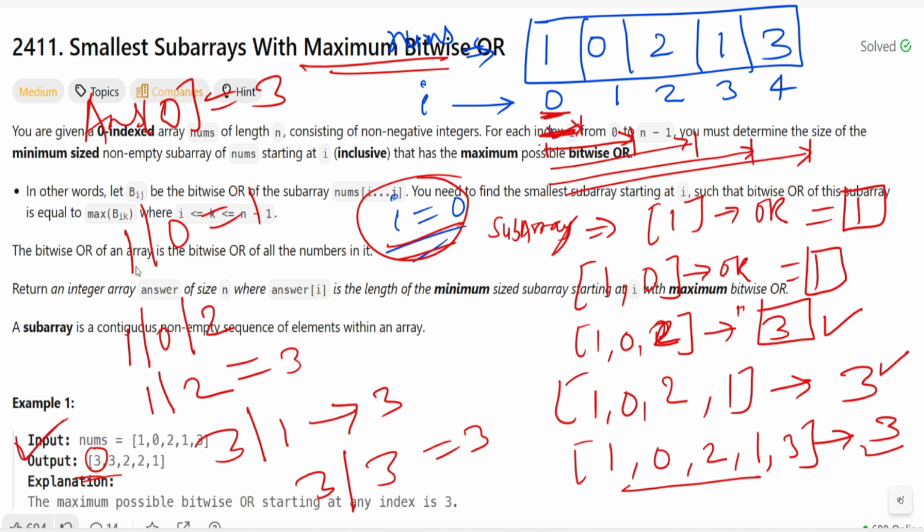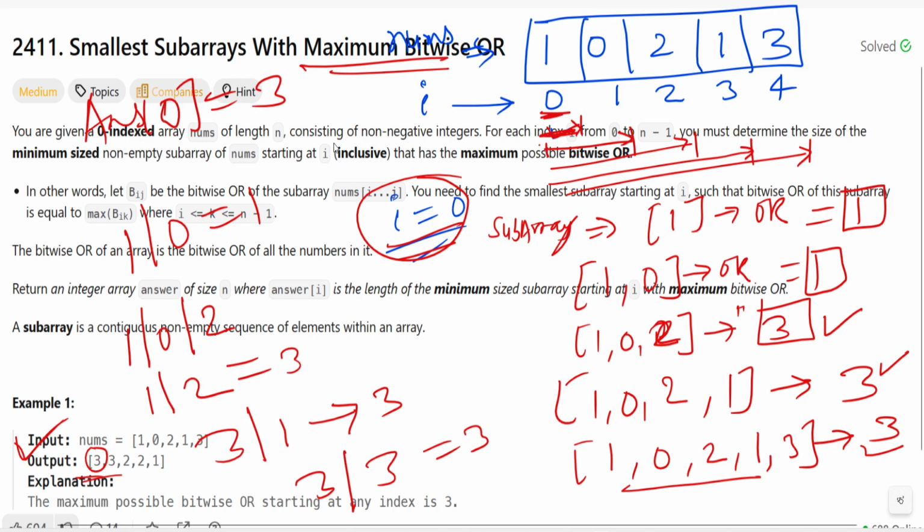Similarly, we have to find the maximum from all the indexes. Now, if you go with 1, you have to apply with 0, then 0, 2, then 0, 2, 1 and so on. Like that you will find all of them, and you will see you are getting 3, 3, 2, 2, 1,